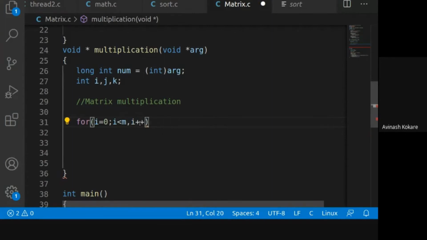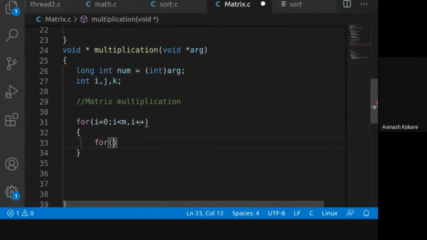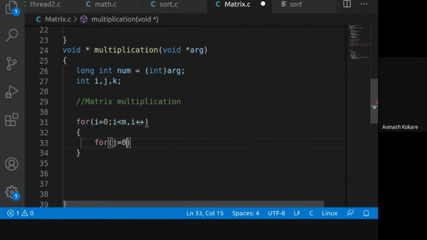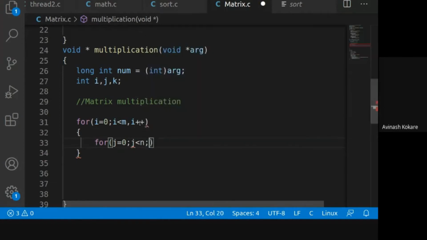Whatever variables are required in more than one function, you should always write as global variables. So is it okay? Let me give the brackets. Brackets are actually not required because we are writing a single for loop here, but in order to understand, we are writing the brackets. Then j equals 0, j less than n, j plus plus. Again put the bracket.